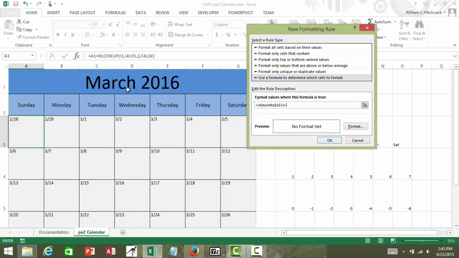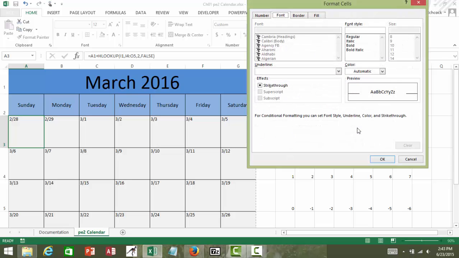If that's equal to the month of any one of my days in the calendar, I keep forgetting to type in the word month, any one of the days in my calendar. But in this case, I want that to be relative. In other words, when I copy this around, I want it to become A4, A5, A6, and so on. I want that date to change. So if that's true, I'm going to return 1, which in Excel or in a computer language means true. If it's not true, we use 0,